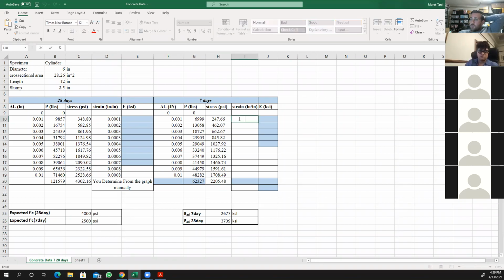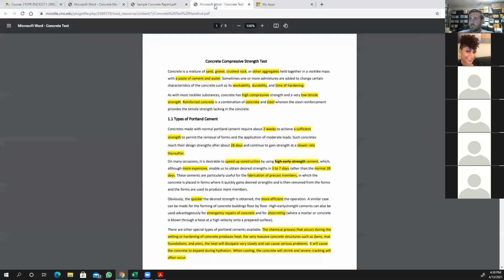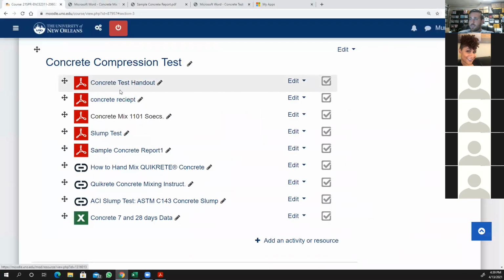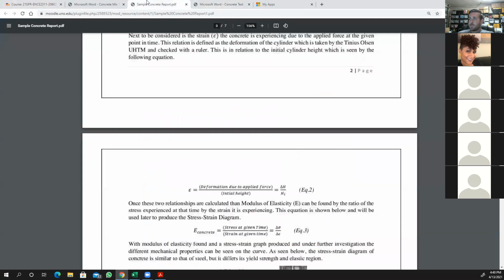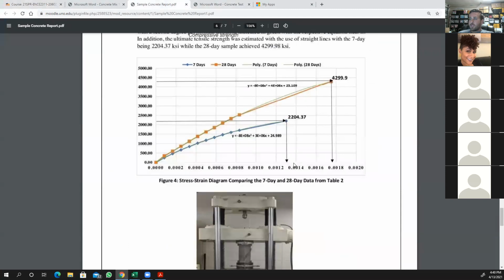This is what it tells you. And for strain, again, you use the overall length, gauge length. Same way you will provide. And if you look at the handouts, one second, concrete receipt. I don't have the concrete handouts here, but let's look at this report. There you go. So the final strain value